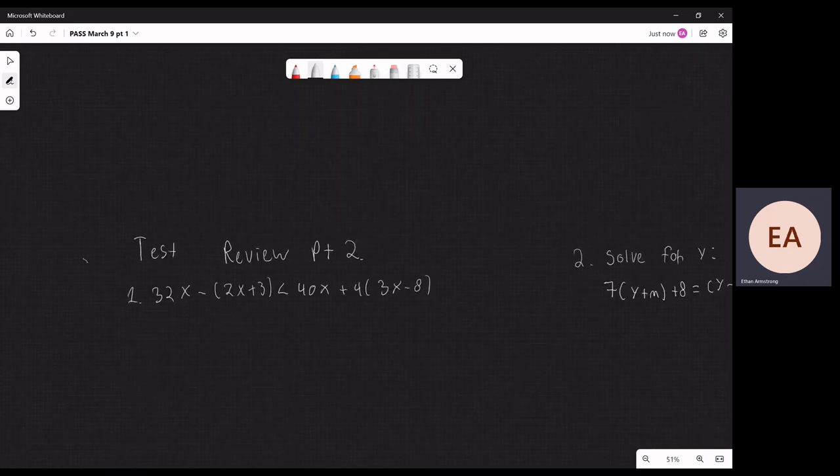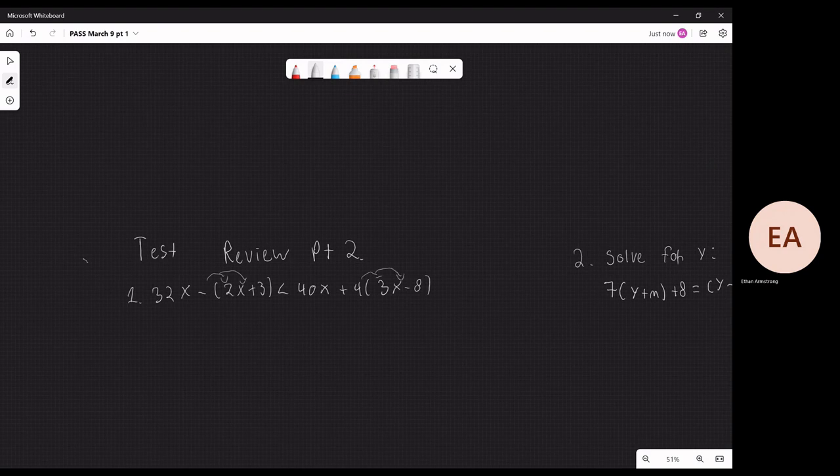We have 32x minus (2x plus 3) is less than 40x plus 4 times (3x minus 8). So the first step that we want to do is multiply into these brackets. That'll give us 32x minus 2x minus 3. Oh, sorry, I don't know why I said minus 4x. Minus 2x is less than 40x plus 12x